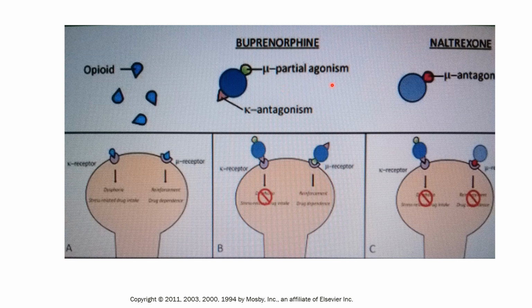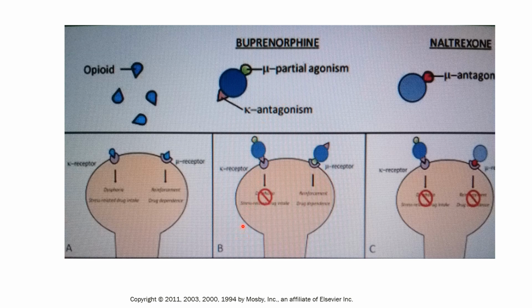So it does not, of course, produce a 100% effect on the mu receptor. So take note that the mu receptor is the one that mediates or causes a significant analgesia. It still has a good analgesic effect, the buprenorphine, but not as comparable to that of the other full